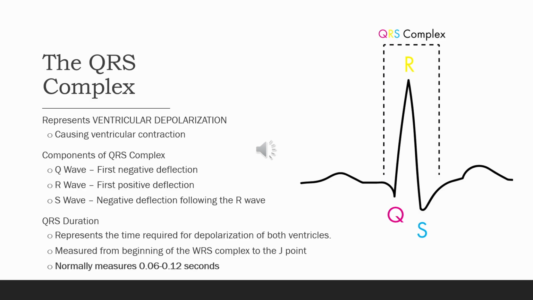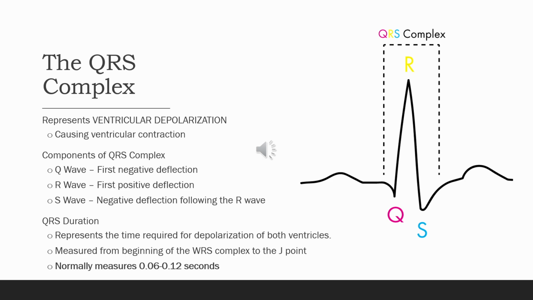So now let's talk about the QRS duration and its clinical significance. So the QRS duration measures how long it takes for both ventricles to depolarize. It's measured from the start of the Q wave, or the R wave if there's not a Q wave, to the end of the S wave at the J point. So a normal QRS duration is 0.06 to 0.12 seconds, which is about 1.5 to 3 small boxes on the